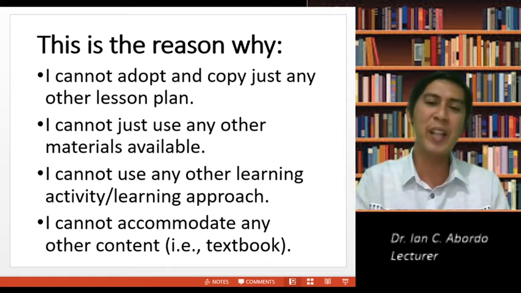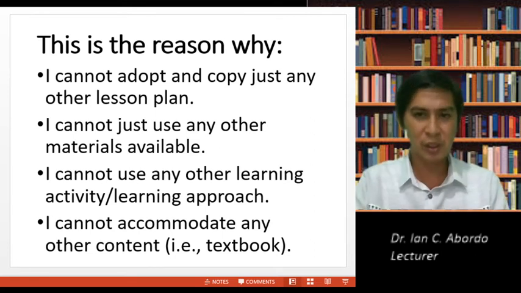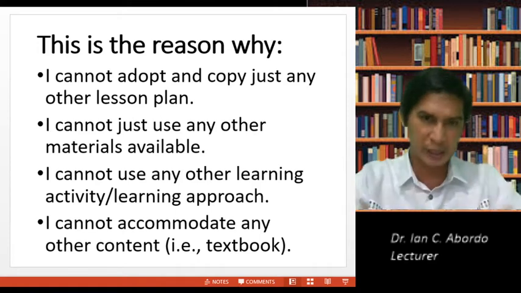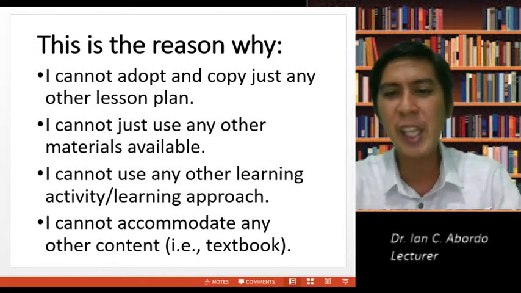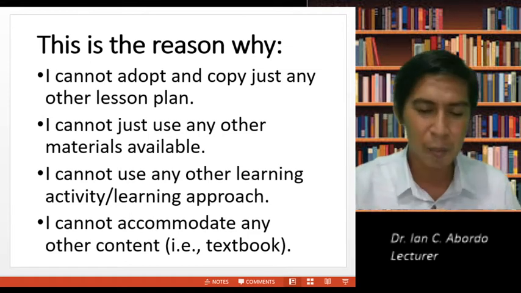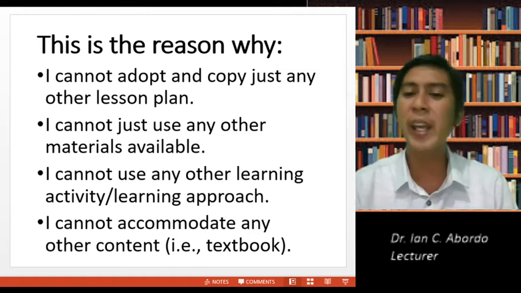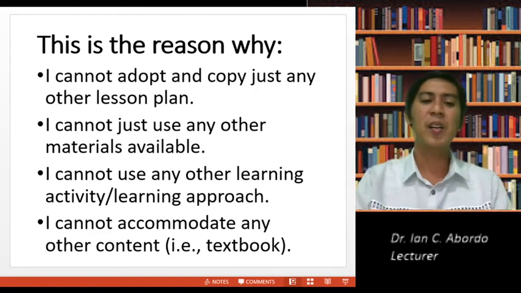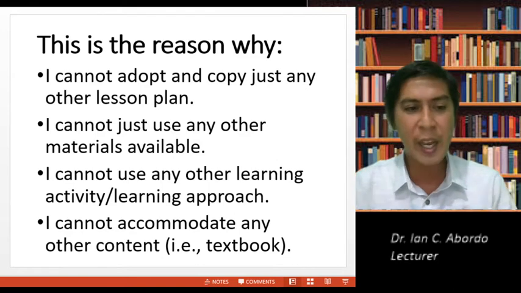I reviewed what they have, but I cannot easily adopt and copy and paste what the government has done. I cannot just use any other materials available, any other learning activity or approach, or accommodate any other content or textbook. I have to review. Why?